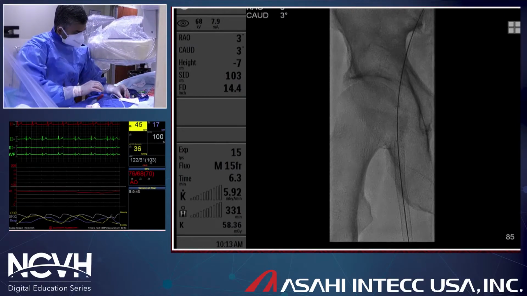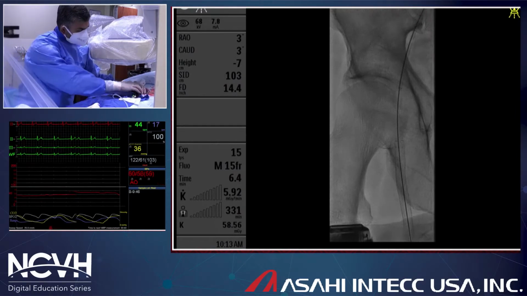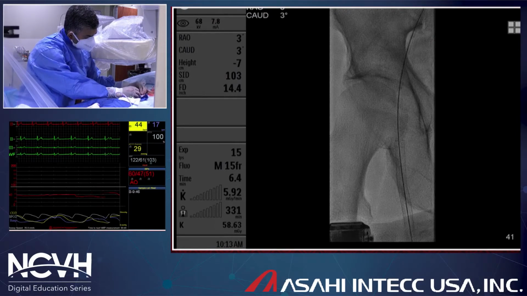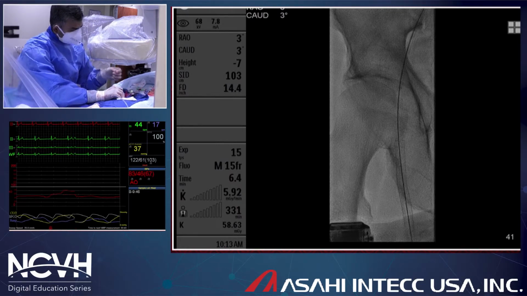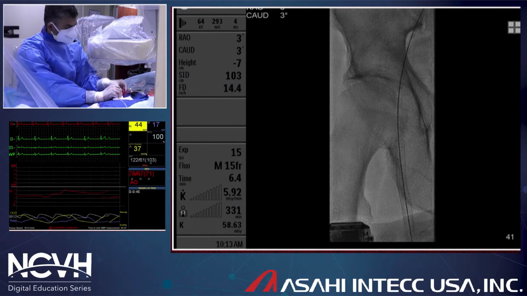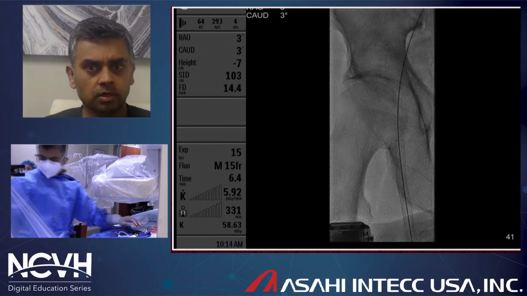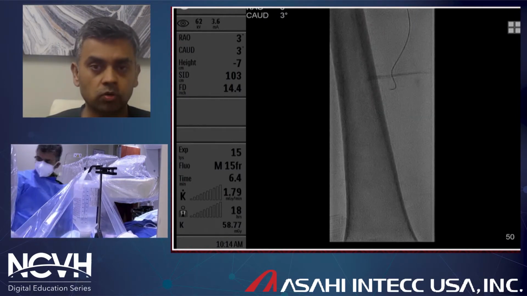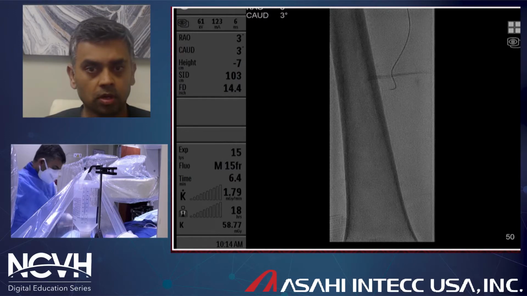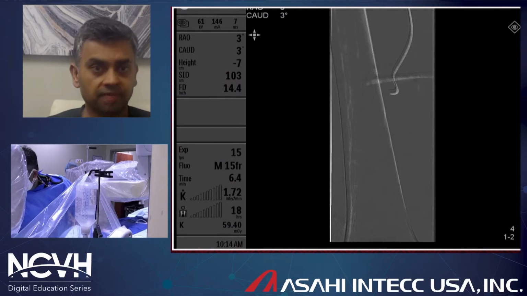I have seen in many cases that I've crossed in the SFA CTOs that this wire has an excellent 1:1 torque. The company does say that sometimes when we torque this wire, we wait for the tip to move. But in my practical experience, the torque is almost immediate. It's a beautiful wire and almost my number one workhorse wire for an SFA chronic total occlusion. I almost always use it with what I call a crossing catheter. If the lesions are too tight, then I use an 018 crossing catheter, which could be any crossing catheter. Or if I have a decent lesion, then I can use an 035, sometimes a NaviCross,